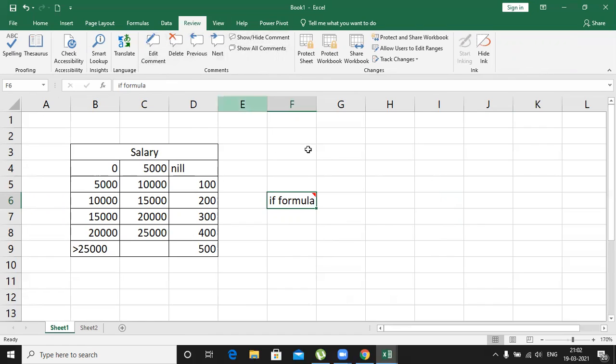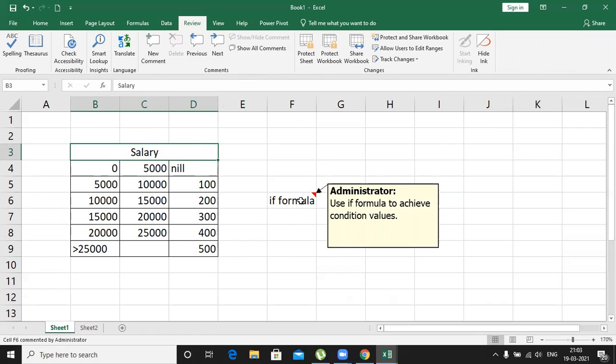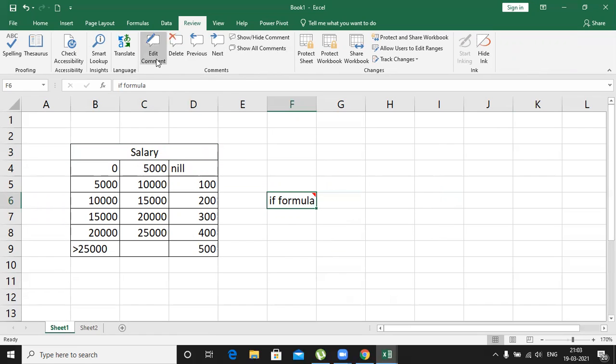If you want to create one more comment, you select the cell and create a new comment. If the cell already has a comment, it will work as edit comment. So edit comment and new comment are both applicable in the same area.